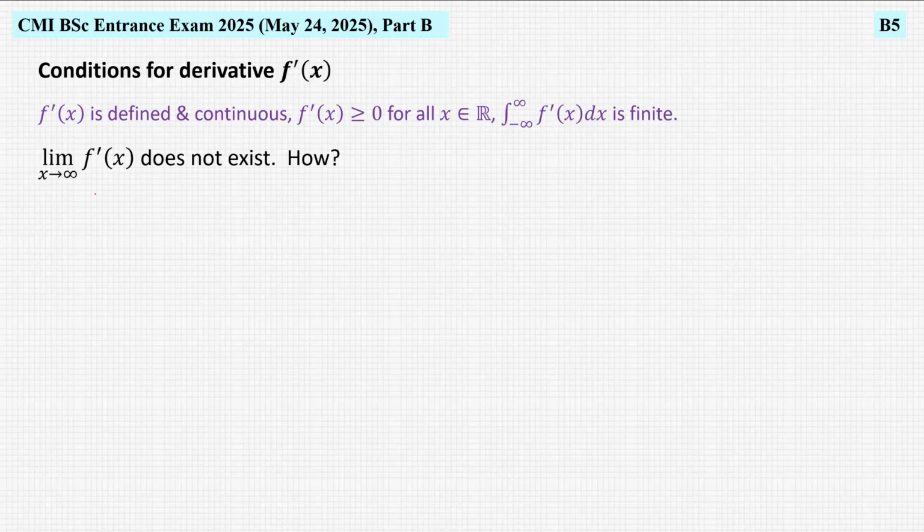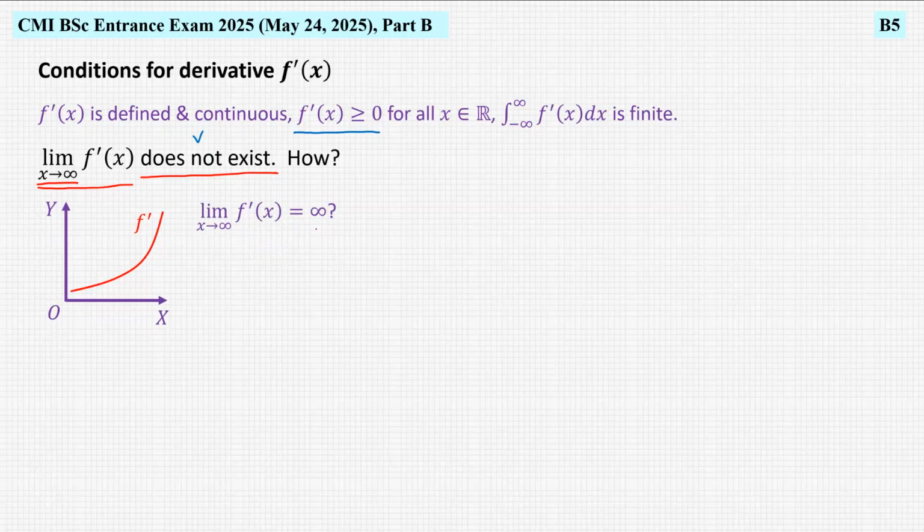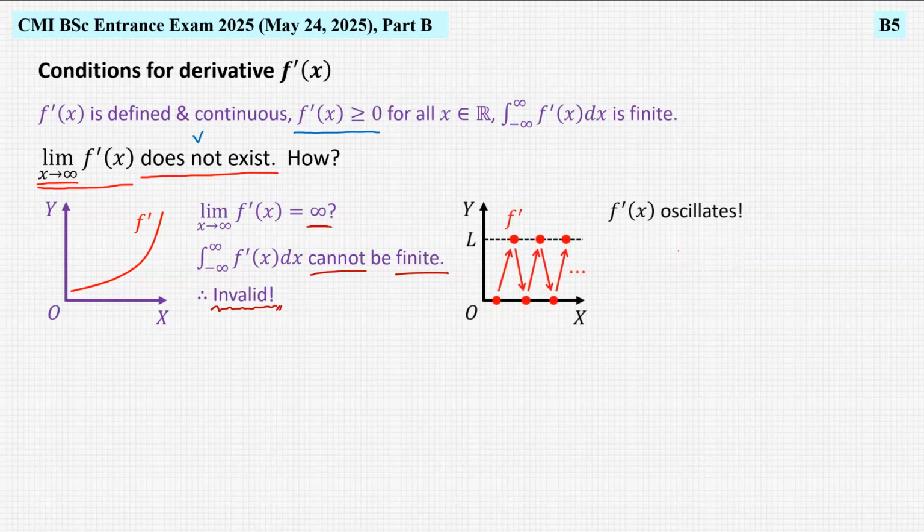Finally, let us consider the fact that the limit of the derivative f prime x as x approaches infinity does not exist. So we have a diverging limit for the non-negative derivative. One way such a limit can diverge is the limit approaching infinity. However, this immediately leads to the problem that the area under the curve cannot have finite value, hence this is an invalid case. Another way that the limit can diverge is that the derivative f prime of x oscillates indefinitely between